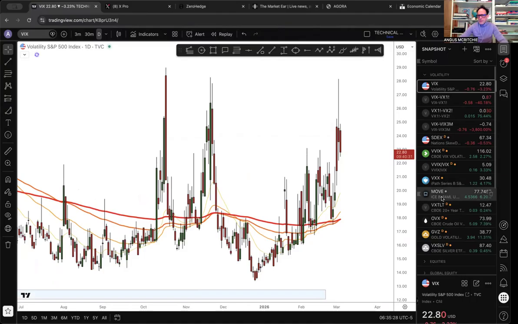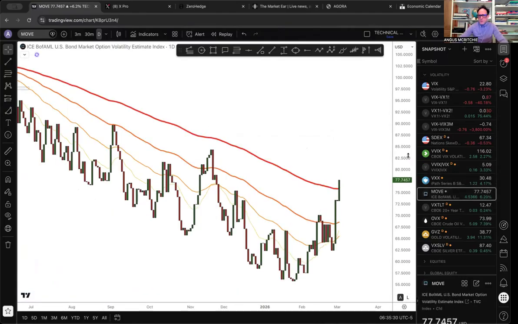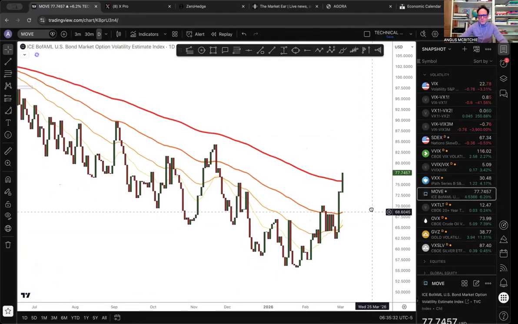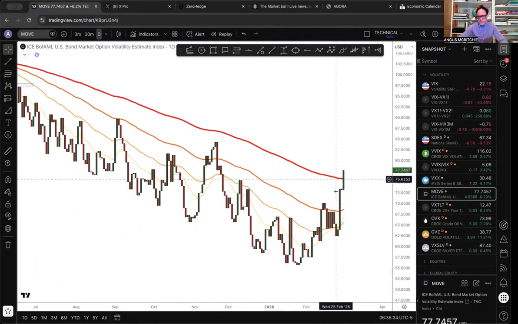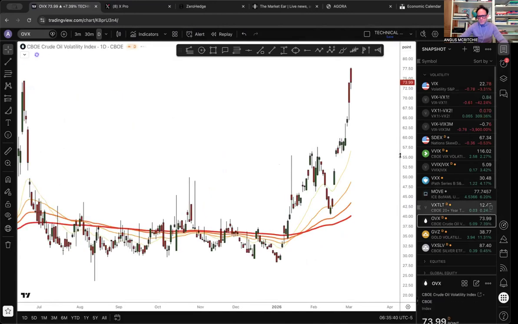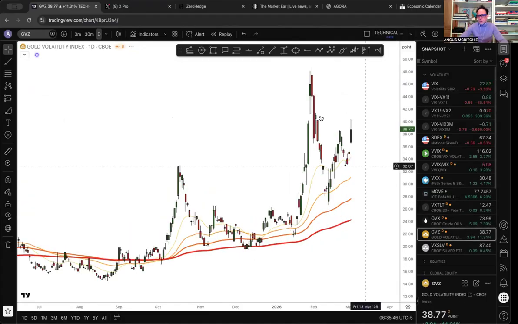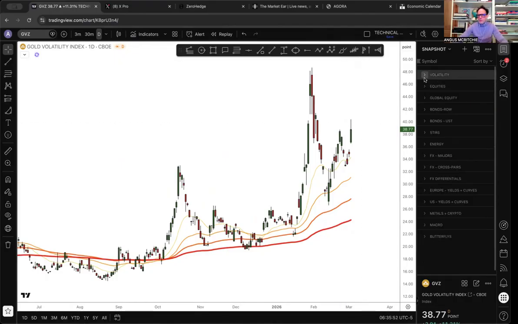We can also see here that in the bond market, the MOVE index, which is the volatility of bonds, is also very, very elevated, and that is not great for equities in general. Obviously, in oil, volatility is at extreme levels, no surprises there. But also in the precious metals, you see gold volatility is spiking upwards. So overall, vol, I don't have it here, but also for FX, volatility is up.